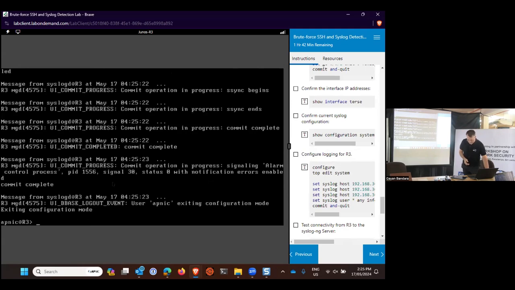So we can see here that it's starting to do the logging already. Message from syslogd at user APNIC exists, configuration mode exiting, and it started doing the syslog. Unfortunately, I can't scroll back, but I've told it that the syslog server's IP address is 30.10, which is the system that we've got. Now, this is also critical: when you are doing this, you must test the physical